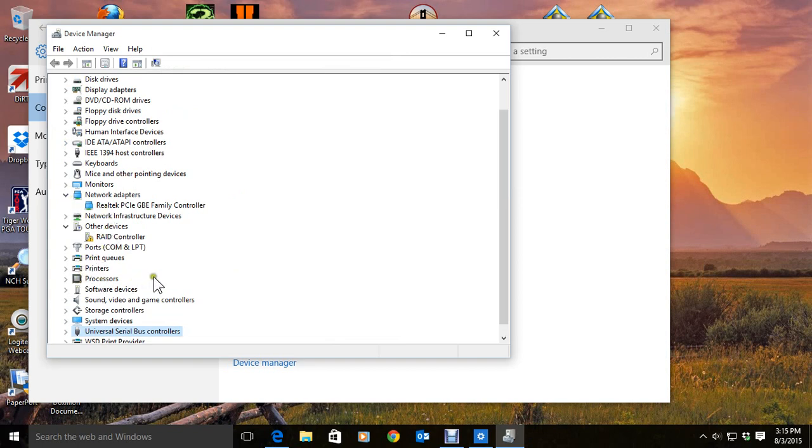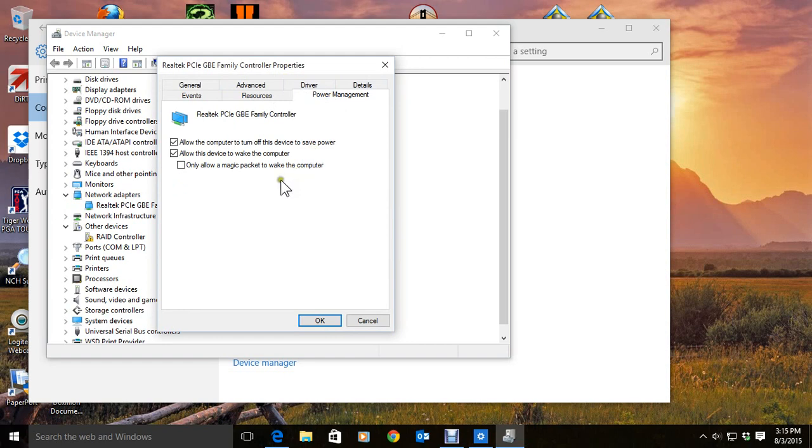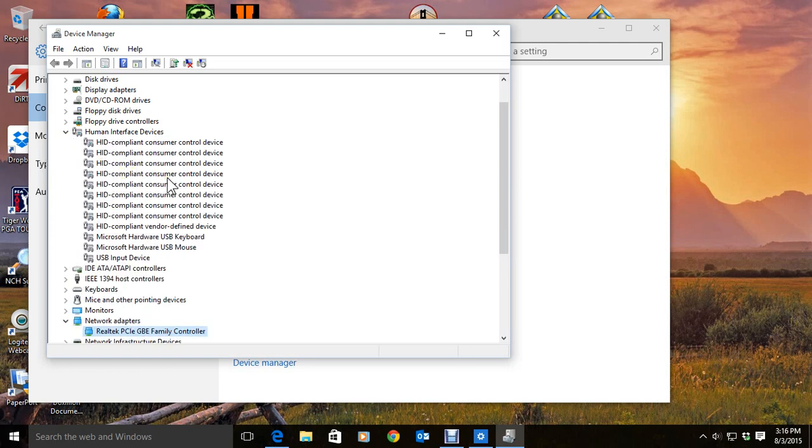There is also other areas here. I believe it's under, maybe it's network adapters. There's a power management. Allow the computer to turn off this device to save power. Nope. Thank you very much. And you would want to check these under your other